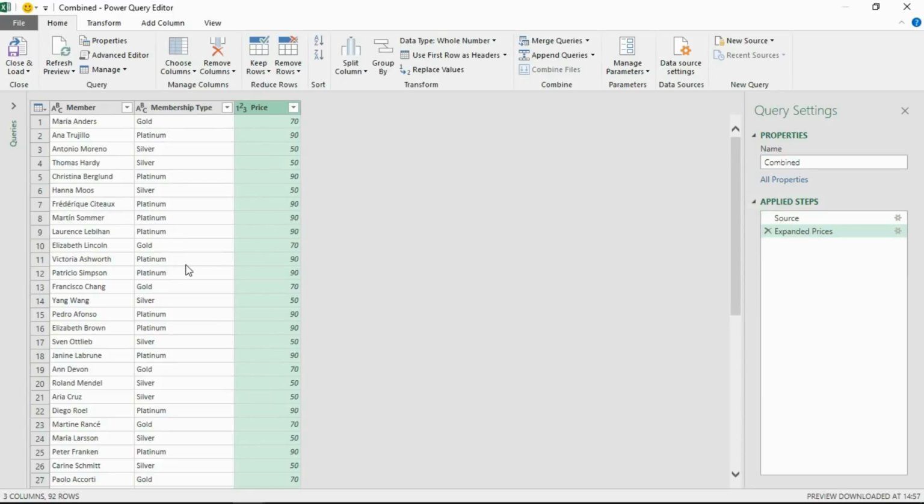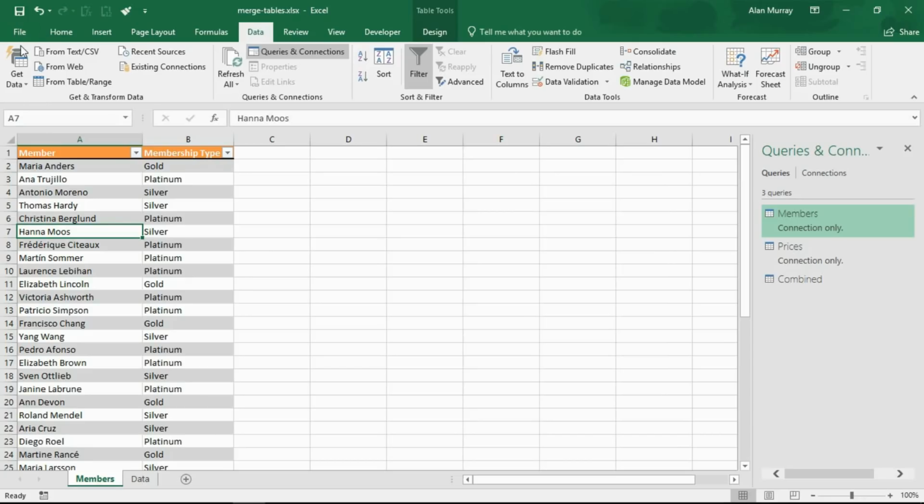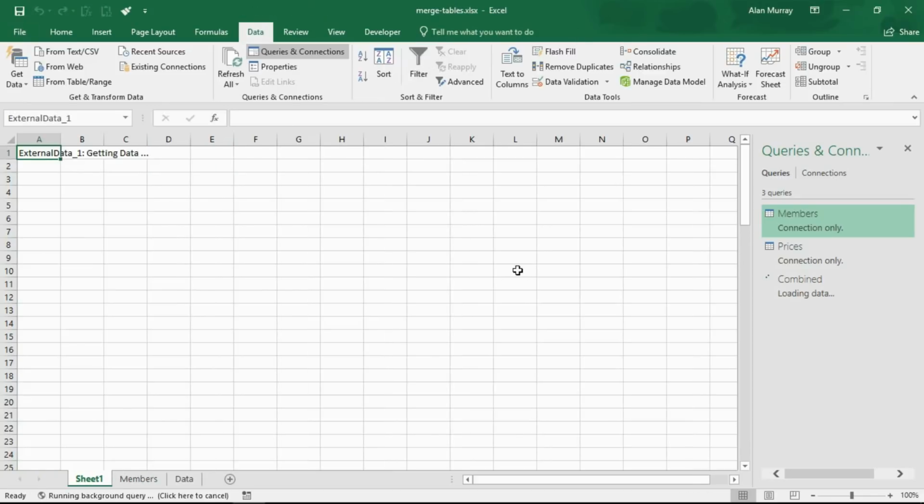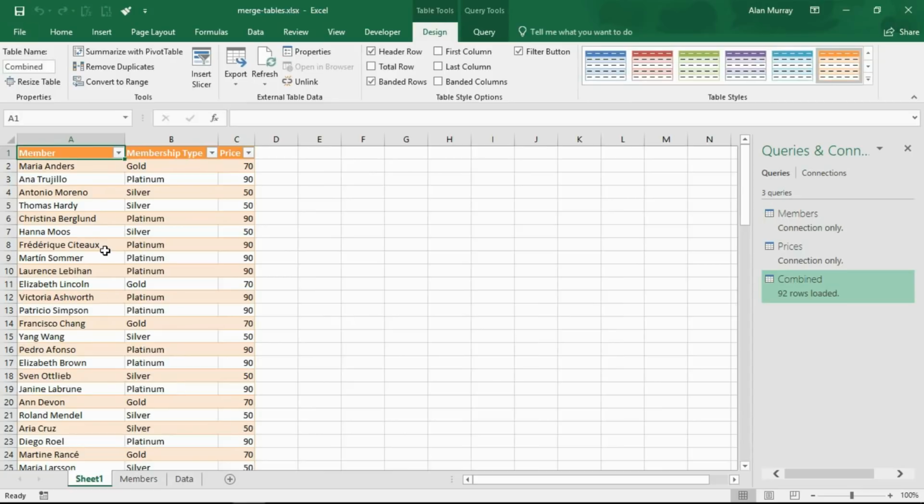And there are other steps we could perform if we wish to at this point, but I'm going to close and load this into the worksheet, and this will appear as a new table. Here it comes, loading it in, and here we have our new table. I have a table called combined, and this is it. So I mentioned at the start of this how Power Queries can be refreshed